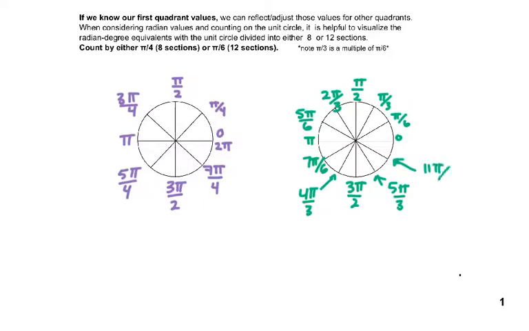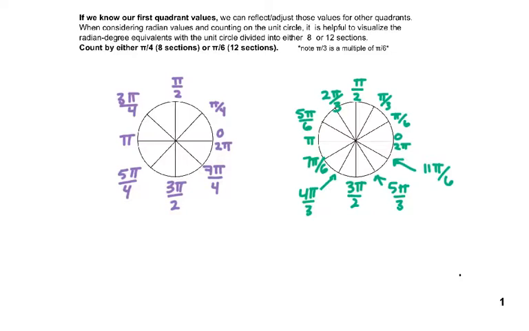11 pi over 6, and then here we get 12 pi over 6, and 12 pi over 6 is 2 pi. 12/6 is 2. Right? And so it should make sense. 3 pi over 2, 3 pi over 2. We still have our pi's at 180. All right? So you are going to want to be able to get all of these values on your unit